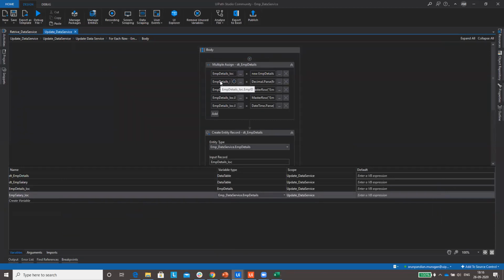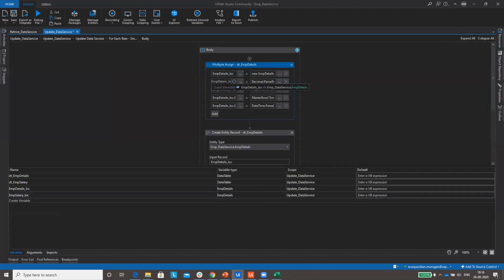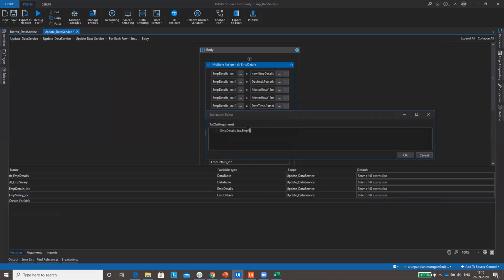After that, give the variable name and a dot, and all the fields in that entity will be populated. The created type and time fields are default and will be updated automatically. You need not worry about that.